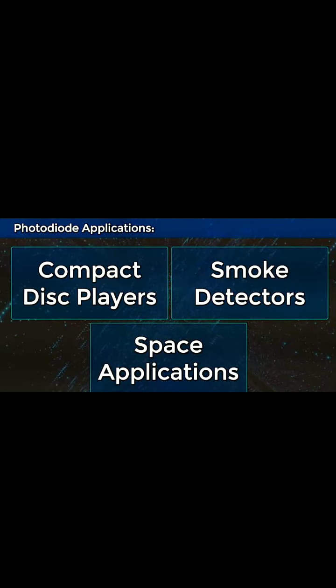How will they detect? If somebody blocks the path of the ray, then the photocurrent will be 0. Then when the block is removed, the photocurrent is generated again, and if it is blocked again, we get a photocurrent of 0 again. In this way, if we count how many times it is blocked, we can easily find out what happened, or some detector can also be attached there which informs us that something is wrong.